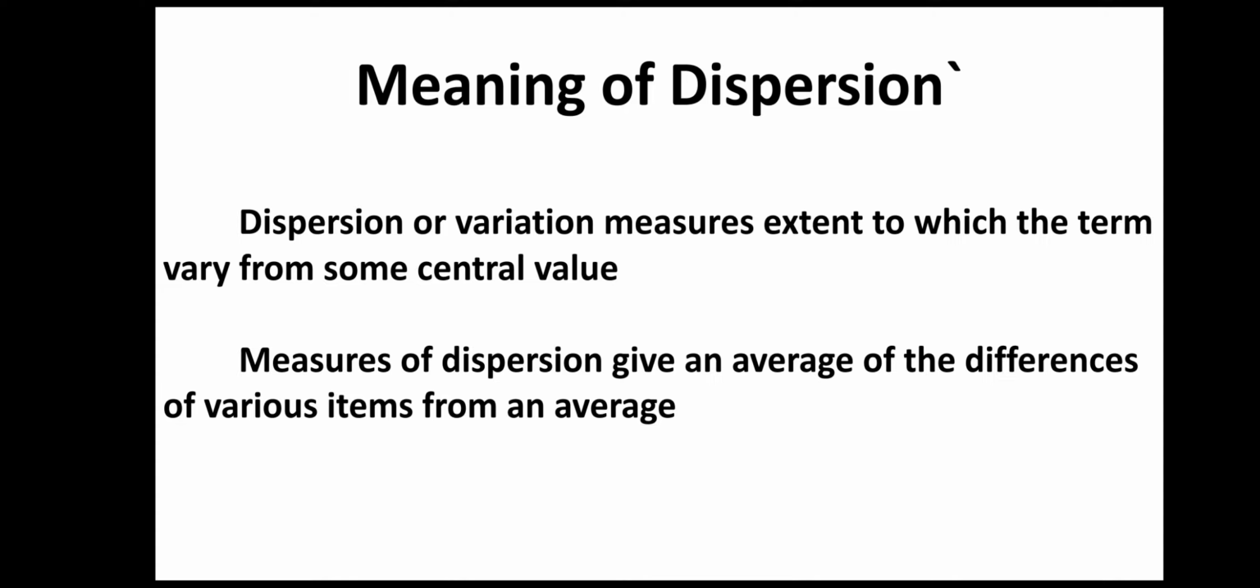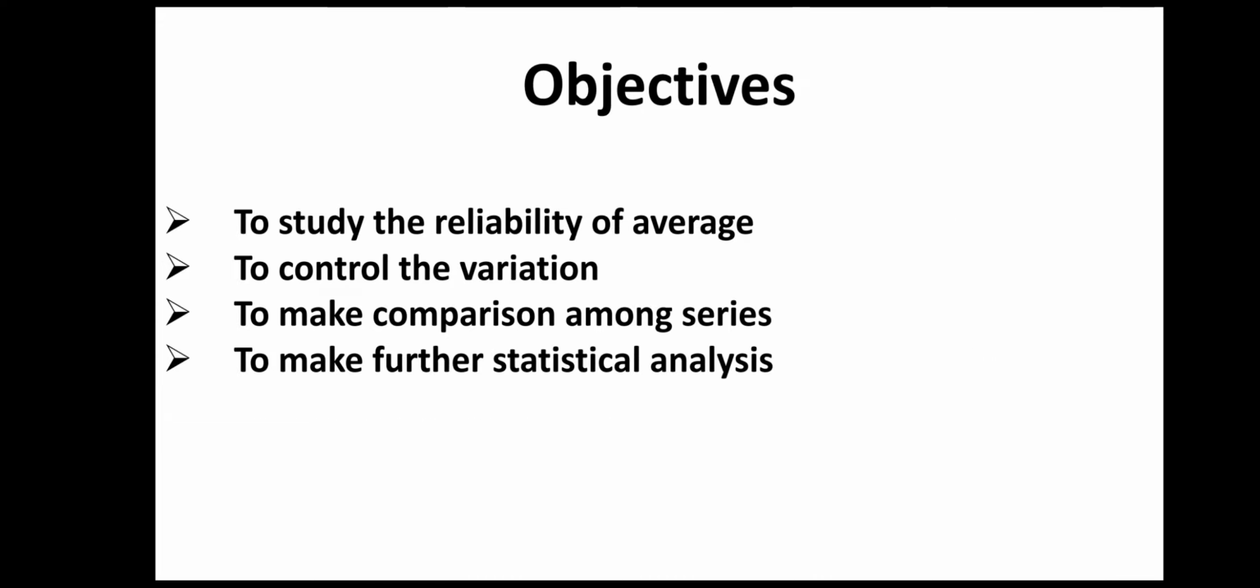From the central value, how is it going to vary? If the average is 50, what about the others? Like if the average is 60%, what about the individual marks in each subject? Measures of dispersion give an average of the differences of items from an average. Objectives: to study the reliability of average, to control the variation, to make comparison among series, to make further statistical